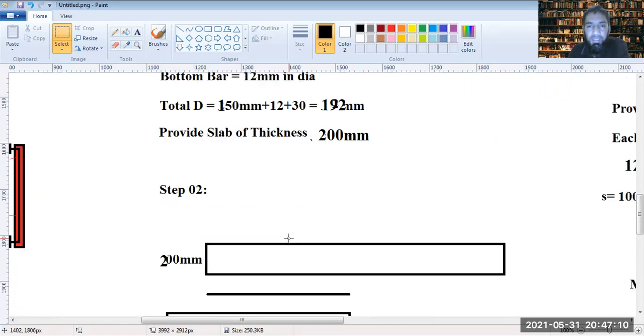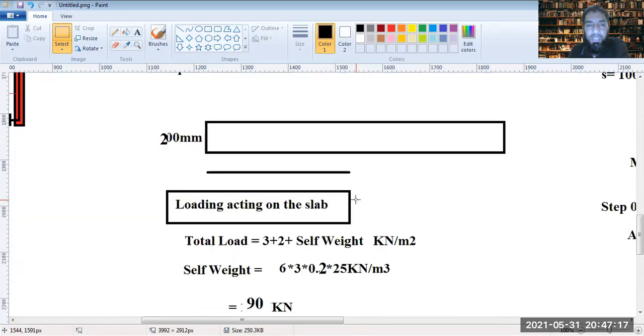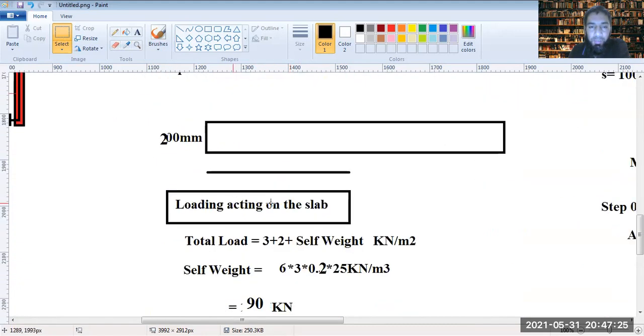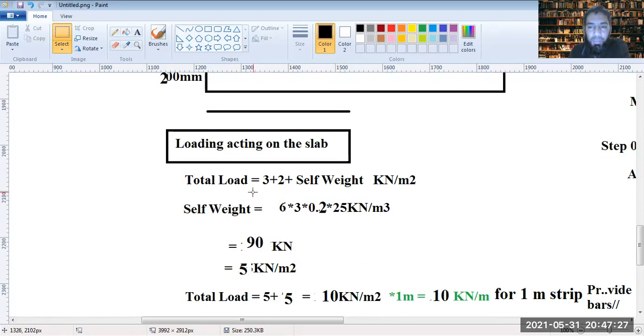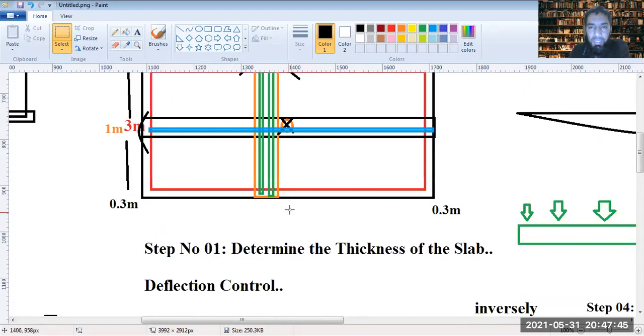Now, because this 192 is the minimum that's required, we are providing a slab of thickness 200 mm. In step number two, we are calculating the loads on the slab. The live load is 3 kilonewton per meter square, the dead load is 2, and next we need to calculate the self weight of the slab. The self weight would be 6 into 3, the area, into the thickness, which is 0.2,